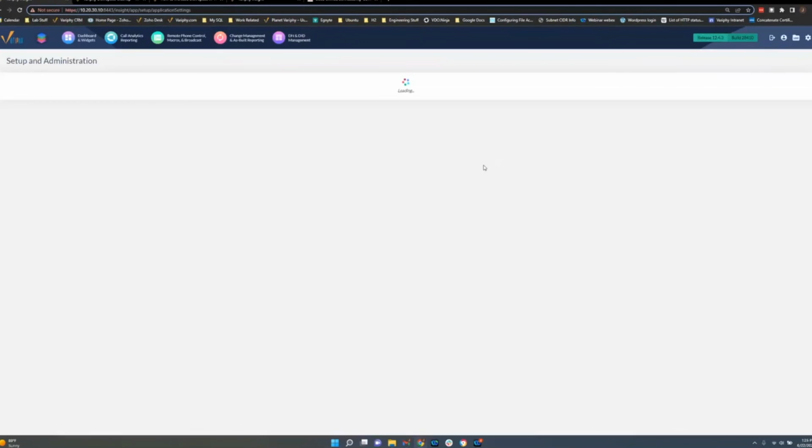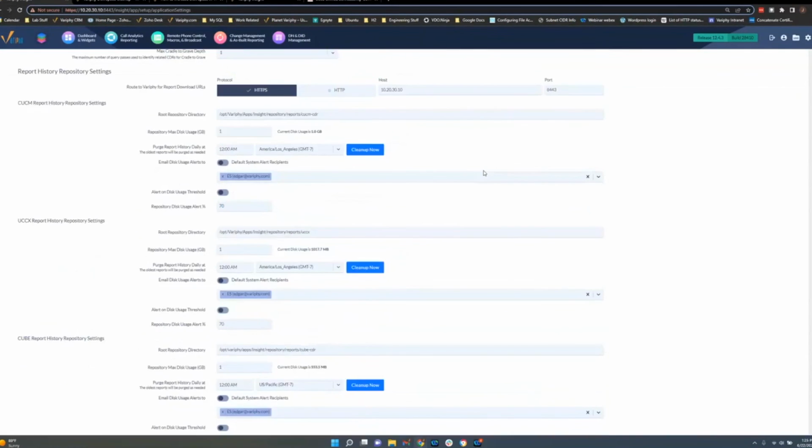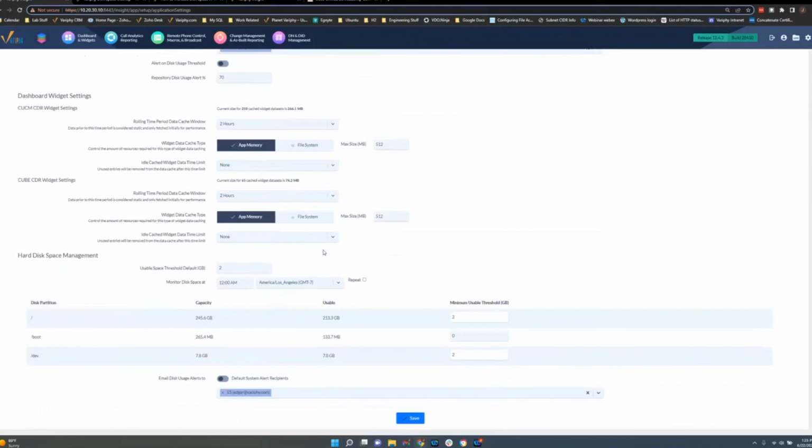We talked about disk space, and we do have alerts for the disk space too. You can set a threshold so that as the disk is getting lower, an alert is sent out, so you get a warning ahead of time instead of when it's totally out of space. That's down at the bottom. Same thing with the default system alerts, or just put in your own. You can set your threshold value here.